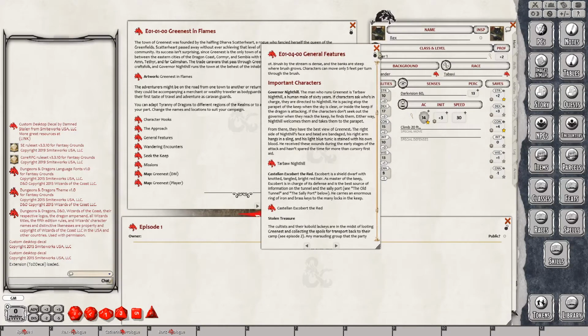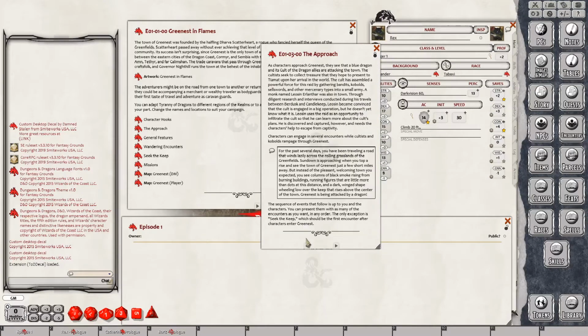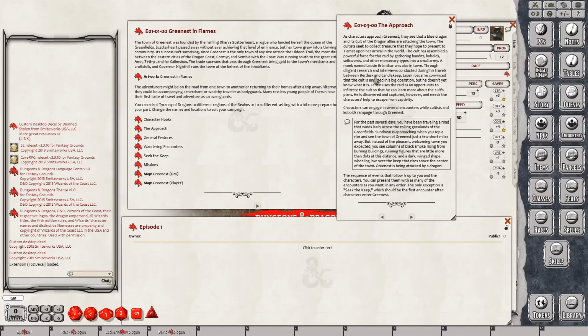So, let's see. Our features, the approach. As the characters approach, they see that a blue dragon and its cult of dragon allies are attacking the town. The cultists seek to collect treasure that they hope to present to Tiamat upon her arrival in the world. The cult has assembled a powerful force for this raid by gathering bandits, kobolds, sellswords, and other mercenary types into